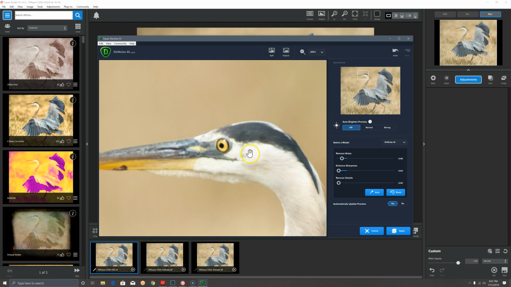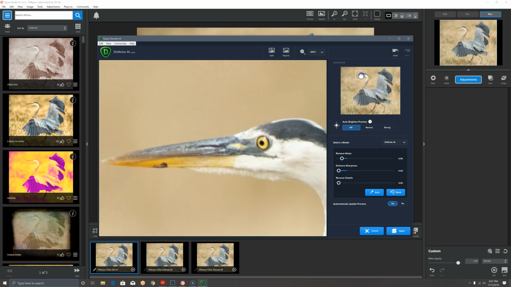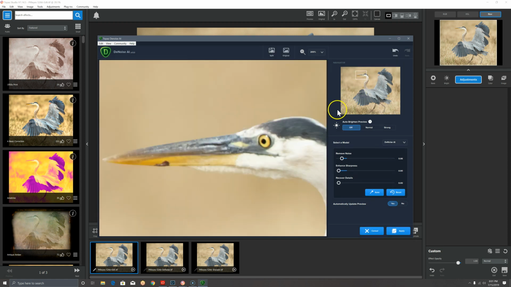Because if I choose to later, I can mask out or partially mask out, meaning to a degree or selective parts of the subject or the background, how much noise reduction I want. So I want to get it right for the whole image here, and then if I choose to, I can